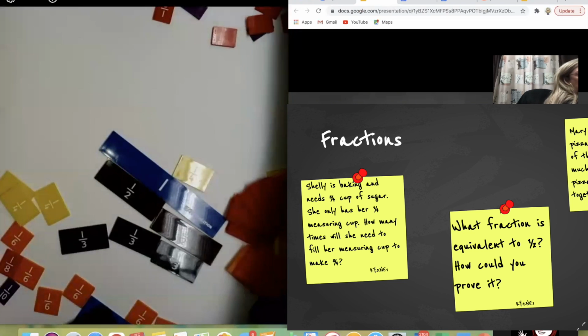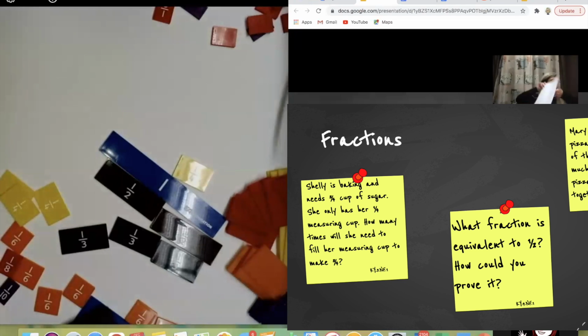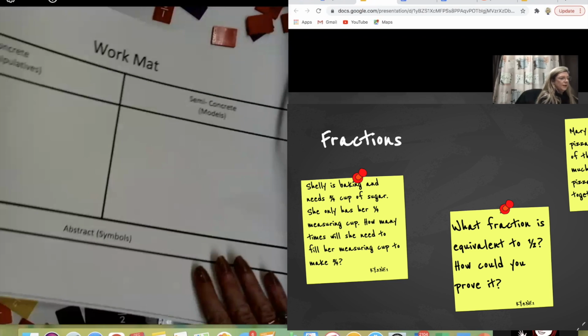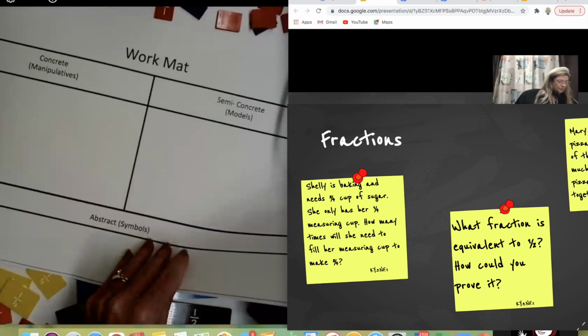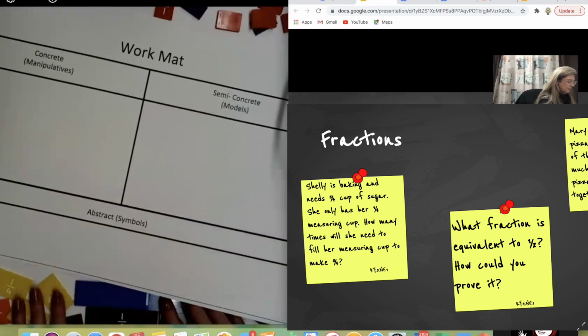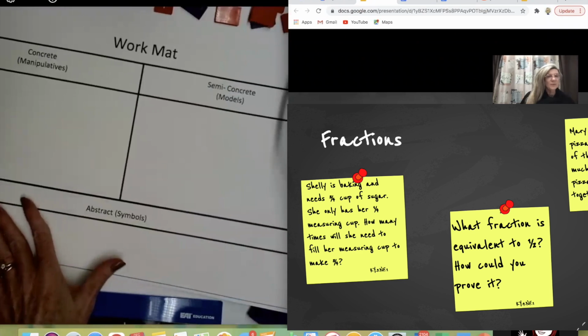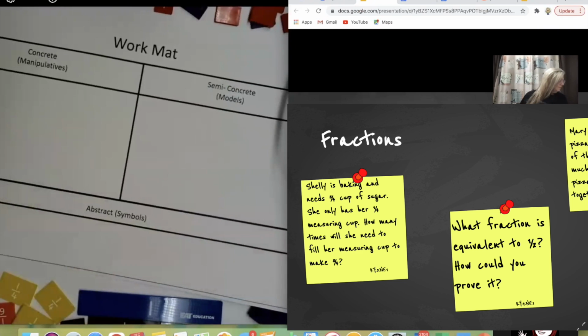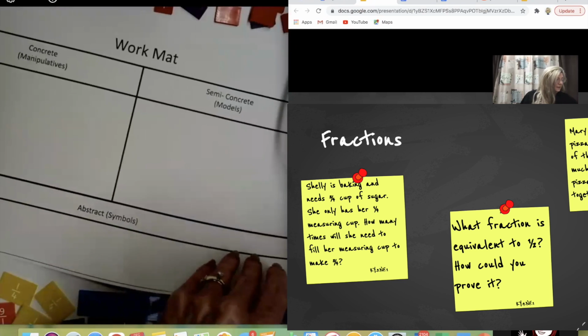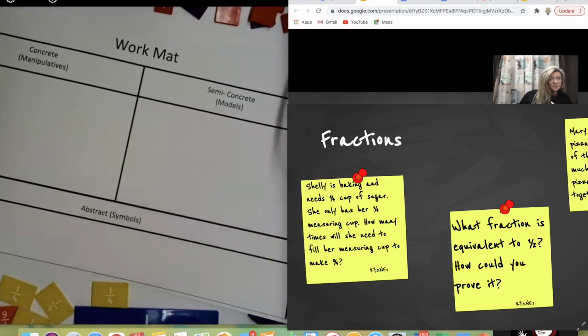And when I say draw, I guess I should show you this right now. I've got some new tools out here. We created one of these work mats for people who attend our trainings because we talk a lot about the CSA model. And the CSA model I've been doing with you all somewhat here today. I've been using the tools, the concrete portion. So for your kids, the ones that have that dexterity, the ones that can write, you can move them into that semi-concrete level to where they are.